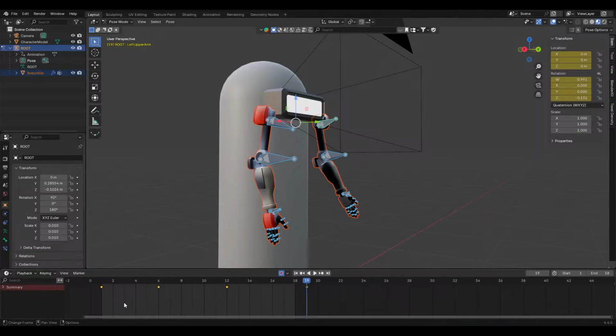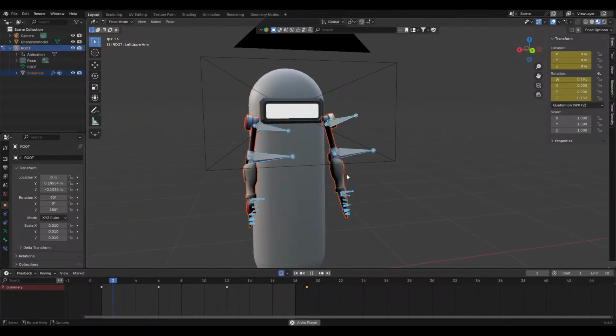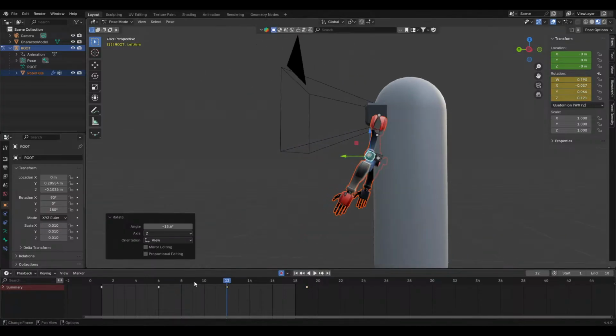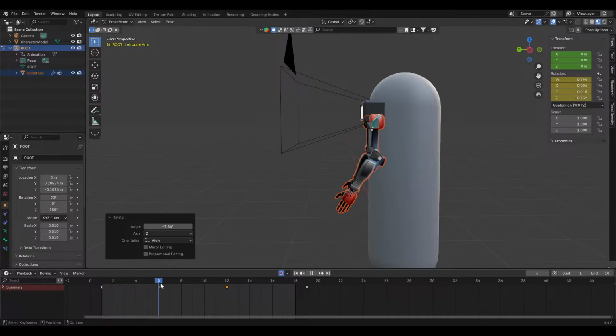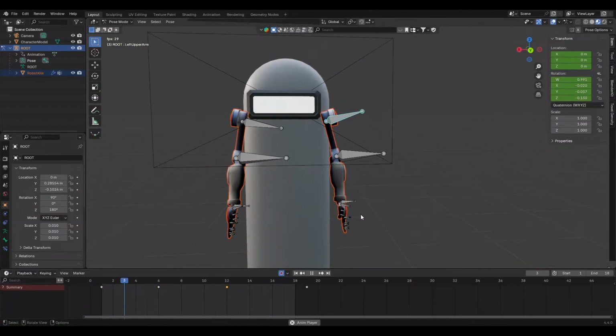What is going on? Here? Paste. Thank you. Okay. So let's just make sure that's not too straight. Yeah, something like that. Literally just a basic